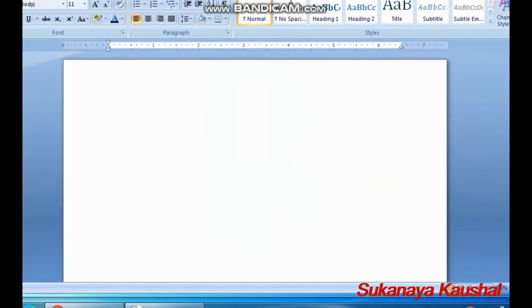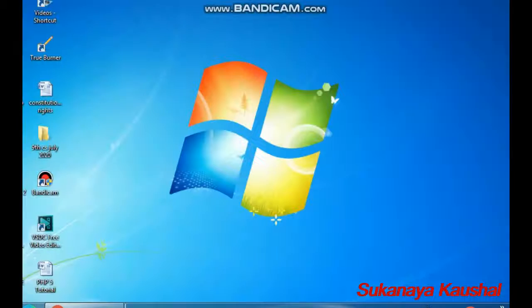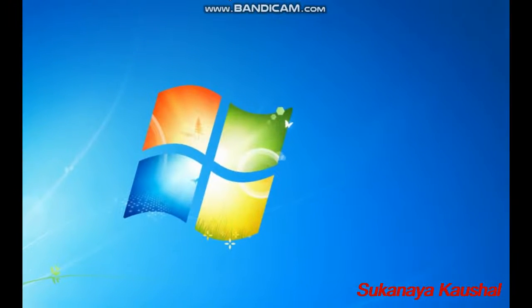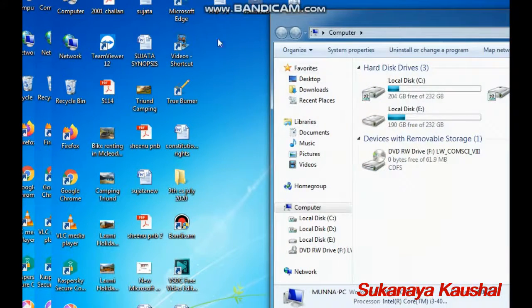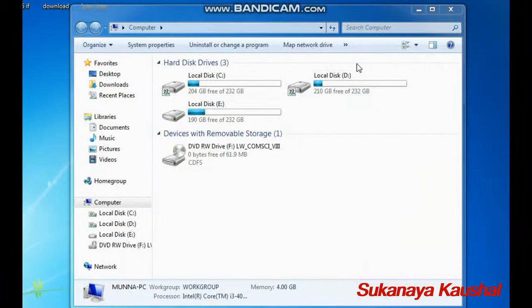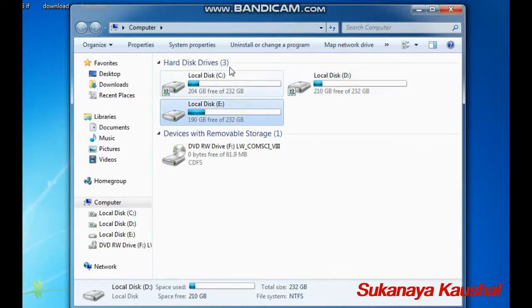So this is about searching or finding things. Another thing available in Microsoft Windows 7 is that we can easily find things through Computer. We can see the local disks available here.